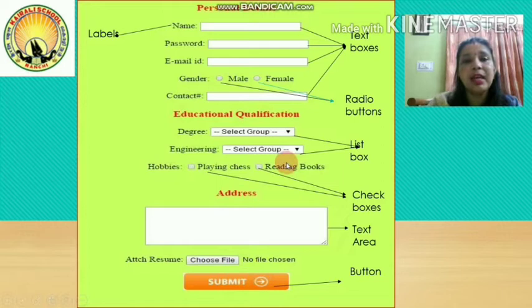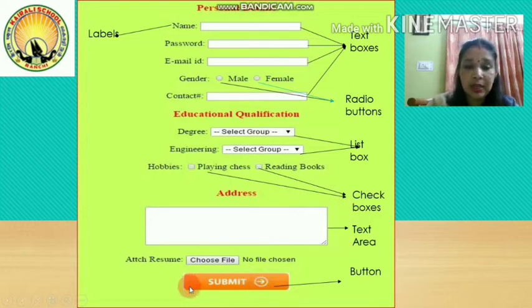Address of a person, as you know, will not get adjusted in a single line. It will go to multiple lines depending on the size of the address the person is going to enter. You can even give it in the form of line 1, line 2 by using single line text boxes. But if you want a multiple line text box, in that case you can use a text area. Okay, text area is another control which can be placed on a form.